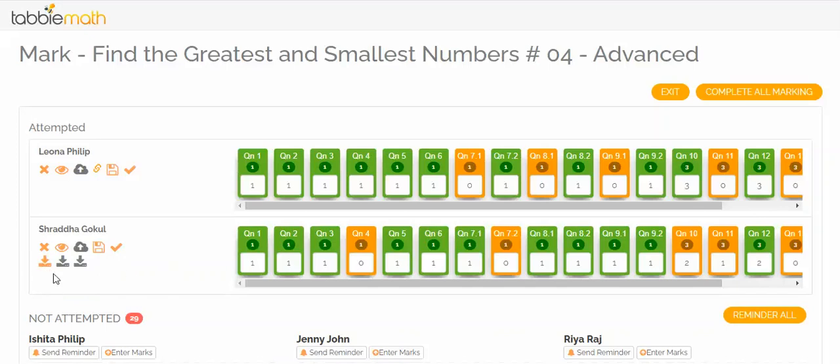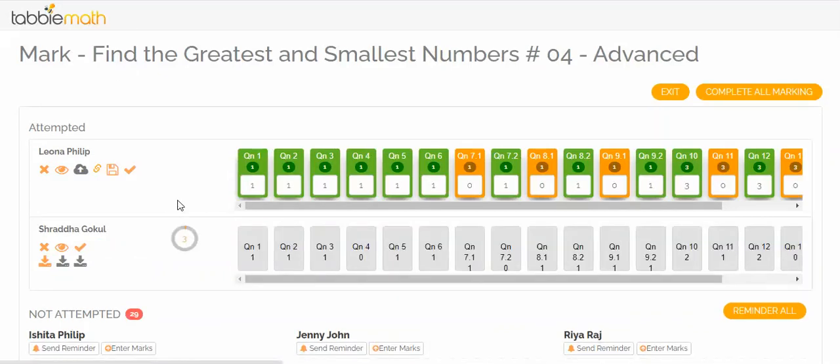If you want the marks as well as the comments on the file to be released to students, then what you would do is click on Mark Complete. If I refresh this page, this is how it will come because I've just completed one student. So the completed student will be able to see both the mark as well as the comments on the file.